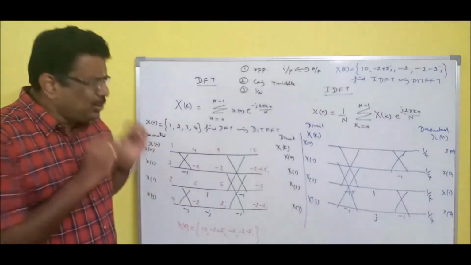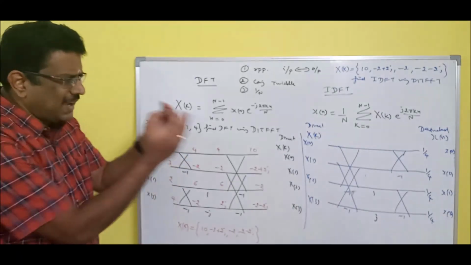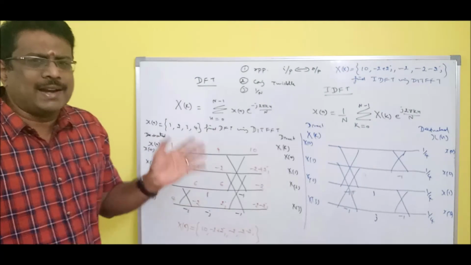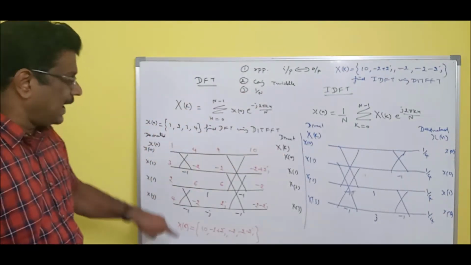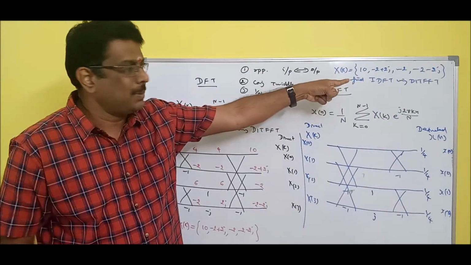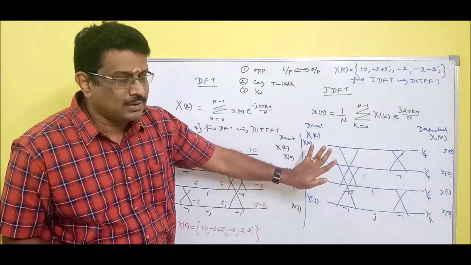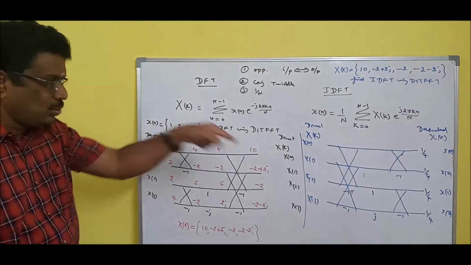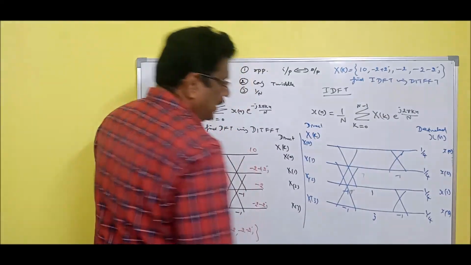No urgency in doing the problem. If the diagram is perfect, 100% you will get the answer, no doubt. What is the answer I should get? The question to answer, then answer to question. So if I give the same, what should be the answer you should get? Tell me. If I am doing this problem, what should be the answer? Very good. It should be 1, 2, 3, 4. I should get that. Very simple idea. Beautifully you can get it. So come on, let me start.